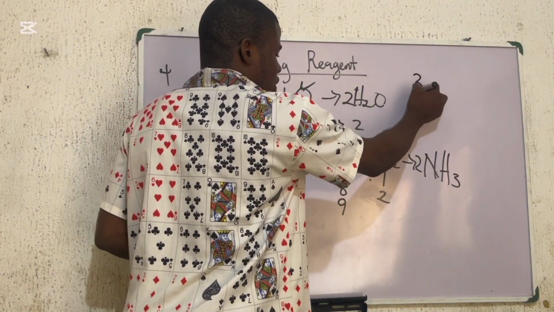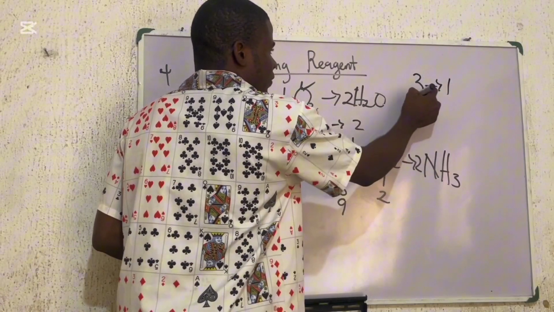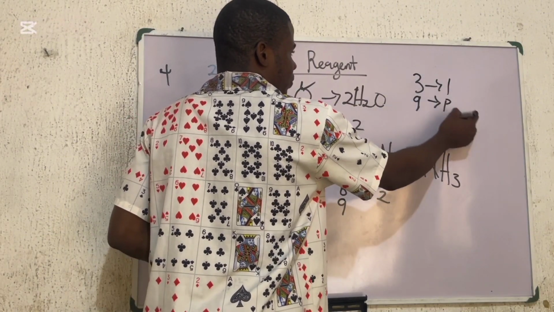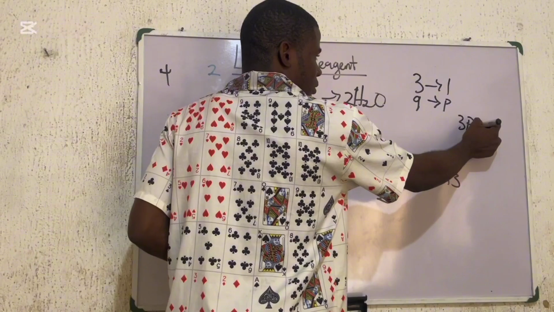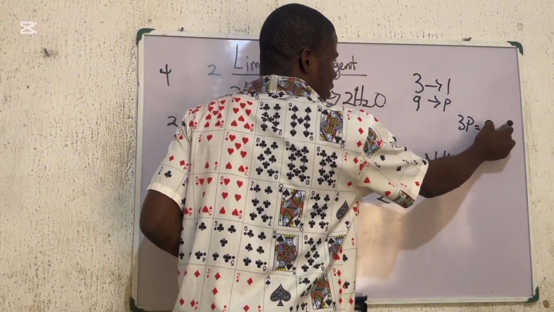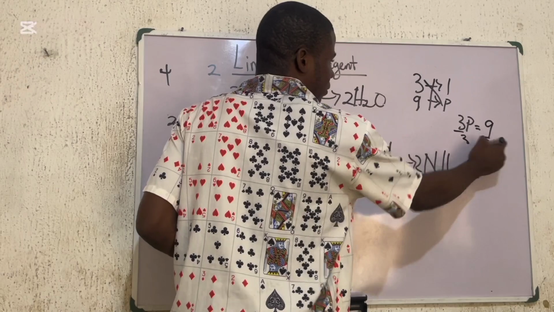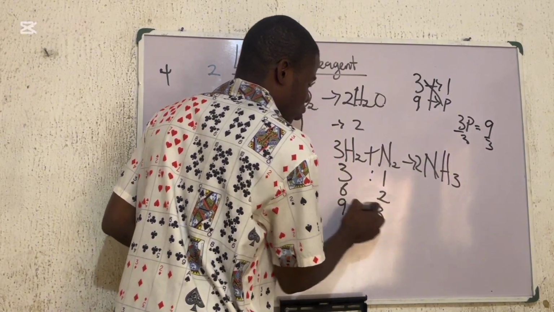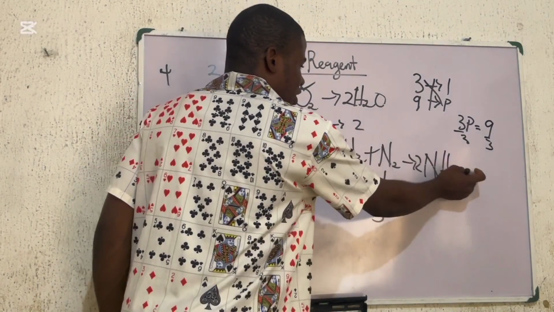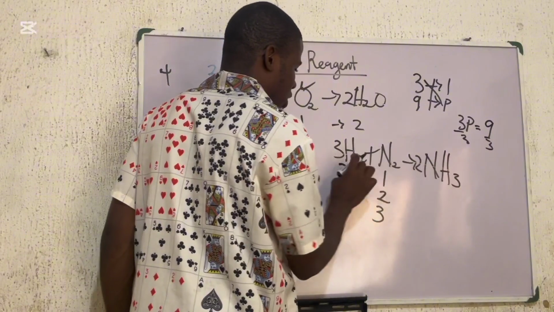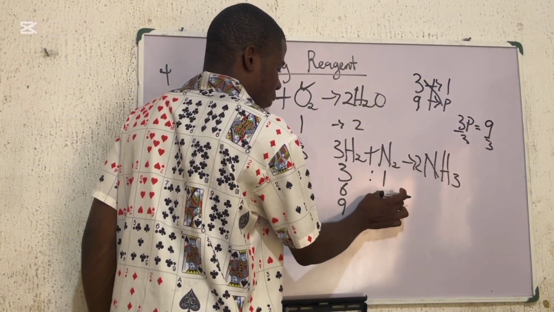Now, if I say 9 moles is meant to react with what? I have that the standard condition says that 3 will react with 1. Now, 9 will react with what? Let me call it p. I have that 3p is equals what? 9 times 1, 9, when cross multiply. Then divide both sides by 3, right? We get the answer 9 will react with 3. So we can see that from this chemical reaction, 3 will react with 1, 6 will react with 2,